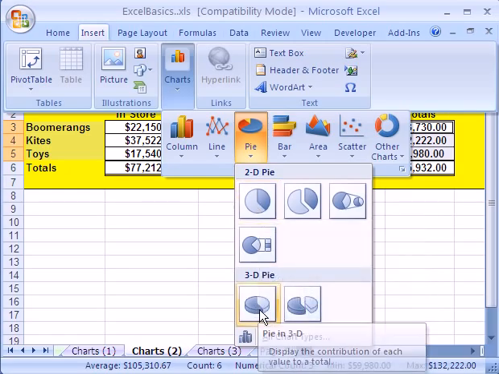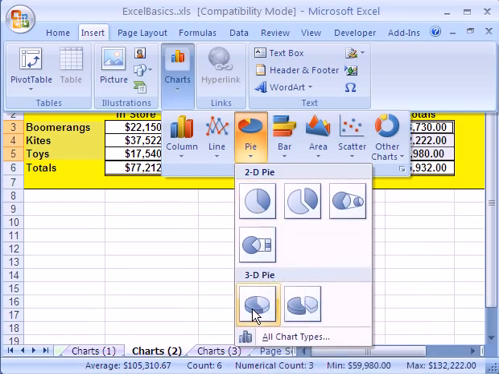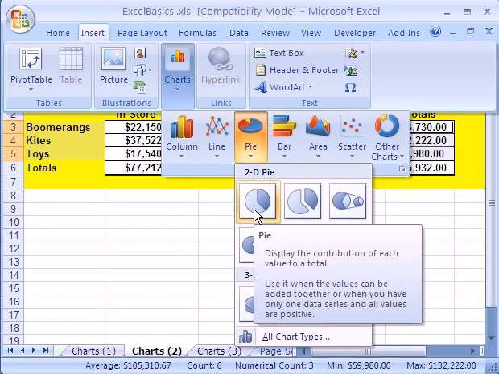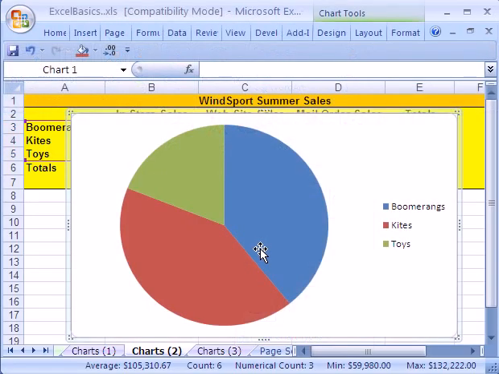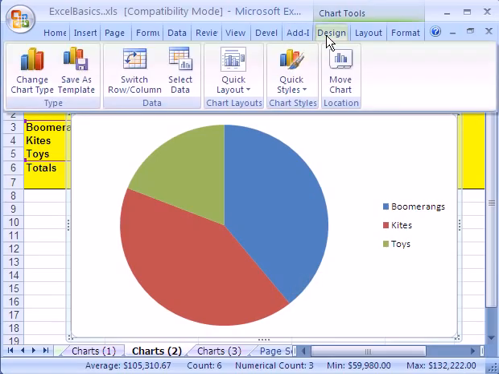One thing you want to avoid is anytime you start using three-dimensional pie charts, it distorts the percentages or proportions of the pie. So don't forget that. You can have people using it to trick you, or you using it to trick. No, you would never do that. So I'm going to click just the plain old flat one,